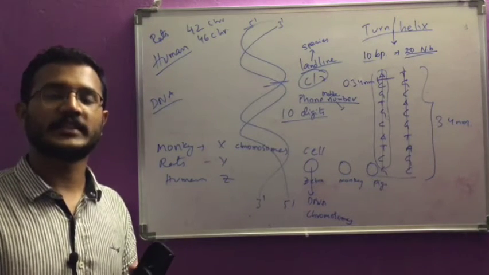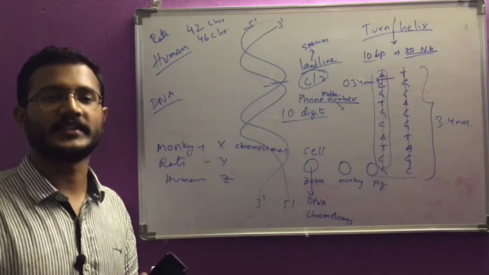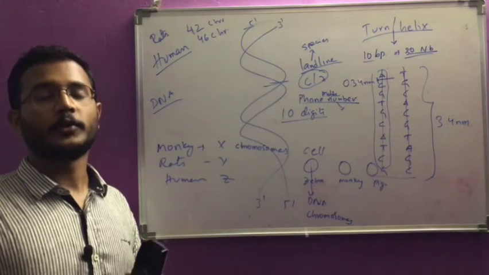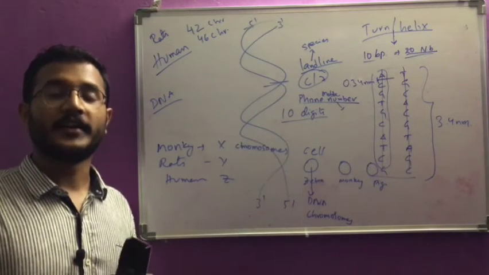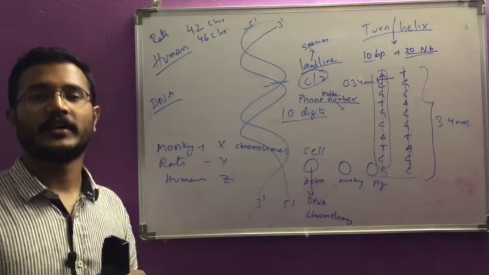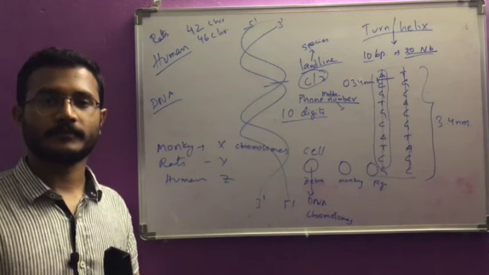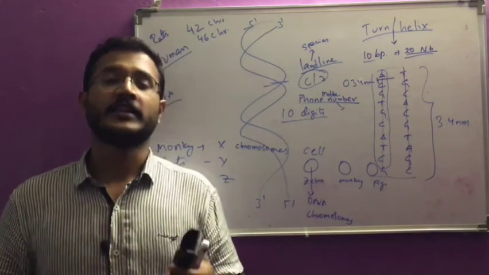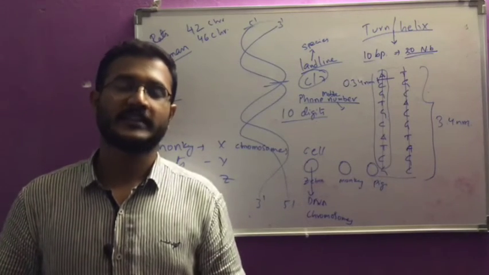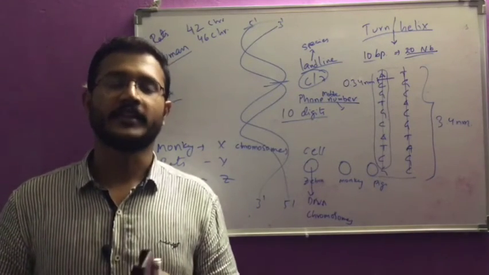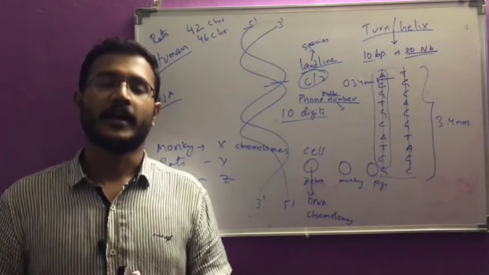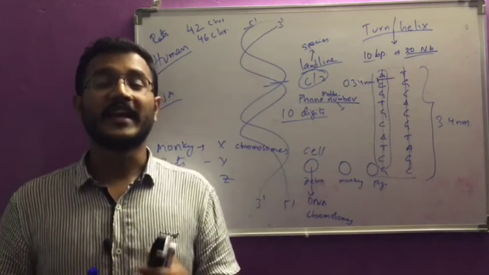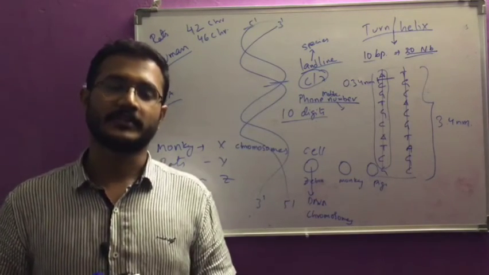In the next video, we will discuss the contributions of different scientists, and what types of experiments they did to prove that DNA is stable and is inherited from one generation to another. Tomorrow in the next class, we will see all those details with the specificity of different experiments. For example, Griffith did transformation experiments, and Hershey and Chase conducted different types of experiments to prove that DNA alone passes from one generation to another.